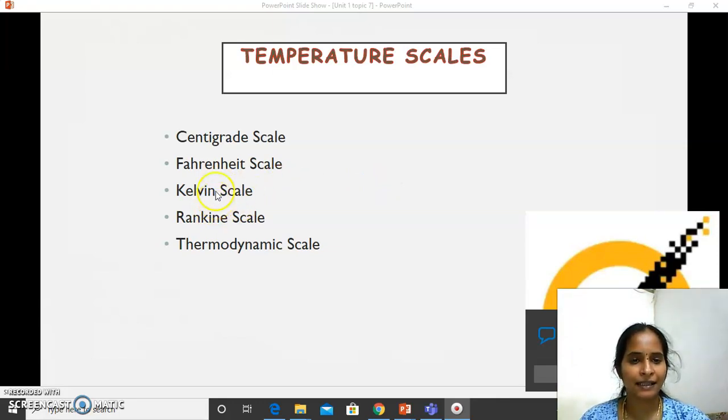And the Kelvin scale is nothing but 0 degree Celsius in centigrade is taken as 273 Kelvin, and 100 degree Celsius in centigrade is taken as 373 Kelvin. Okay, so Rankine is the absolute scale of Fahrenheit, and Kelvin is the absolute scale of centigrade. We will call Kelvin and Rankine absolute temperature scales. And let me explain this thermodynamic scale in detail later during your second unit of thermodynamics. Then it would be so much more useful for you to learn.